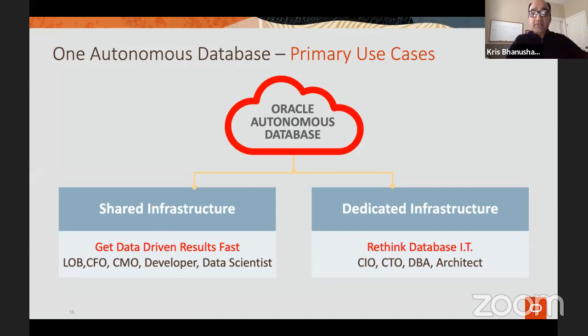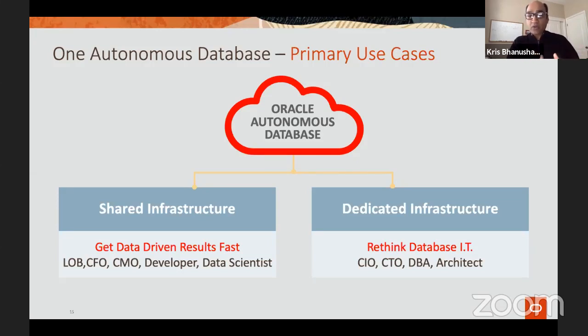So the Autonomous Database today is available in the Oracle Cloud in two flavors. We provide it on a shared infrastructure and on a dedicated infrastructure. On the shared infrastructure, as the name indicates, the Exadata infrastructure on which the Autonomous Database service runs is shared among customers. So I would compare this more to an AWS RDS type environment, multi-tenancy. The hardware frame has more than one customer, and it has its own value.